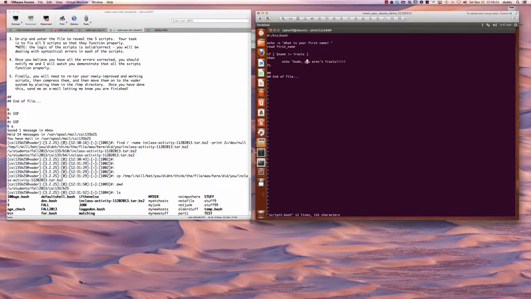Echo, "dude, you aren't Travis." Whoops, let's remove that one there. And a very common mistake, make sure that you enclose your echo statement in quotes, especially if you have any special characters in there. And then we have a fi that closes it out. So let's go ahead and run this script,